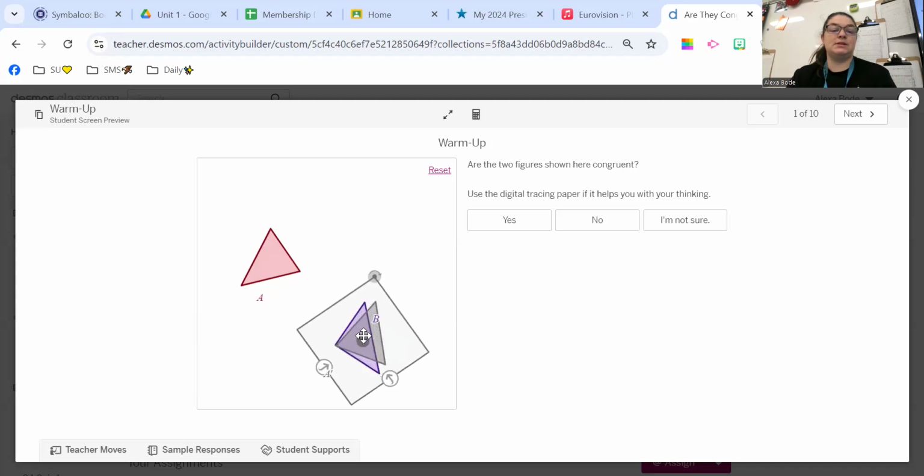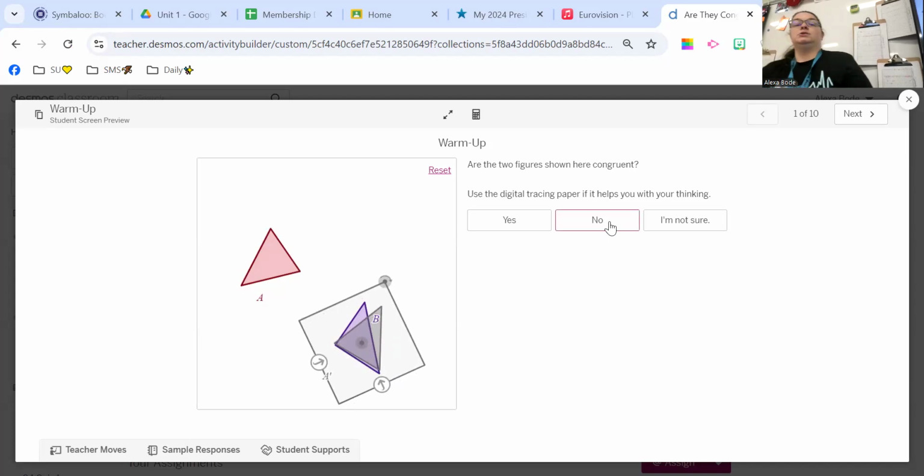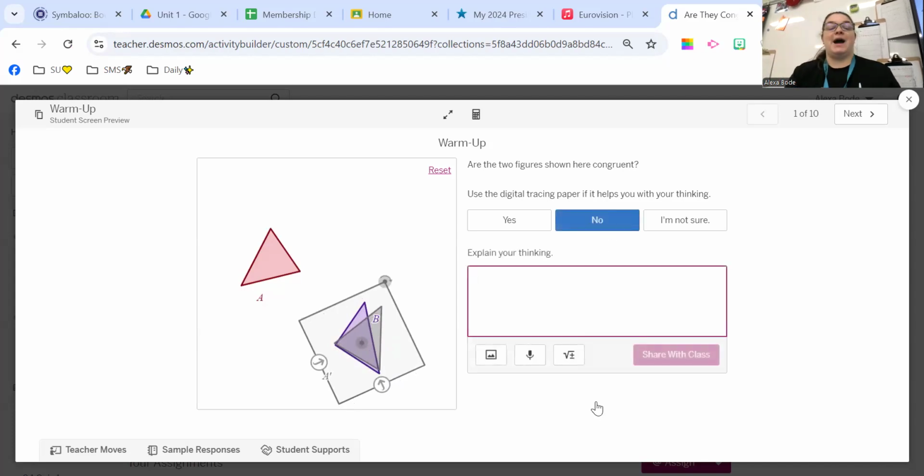So notice I'm doing these different transformations and I cannot get them to match up. I'm rotating, I'm reflecting, I'm translating, and I cannot get them to match up. I'm trying different things, different sides, different angles, and it's not working. So these two figures are not congruent,